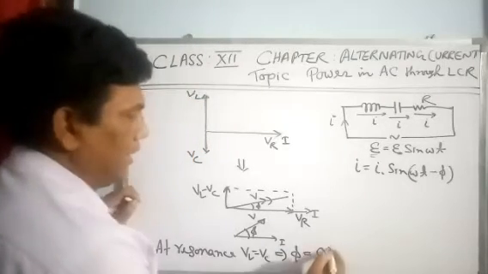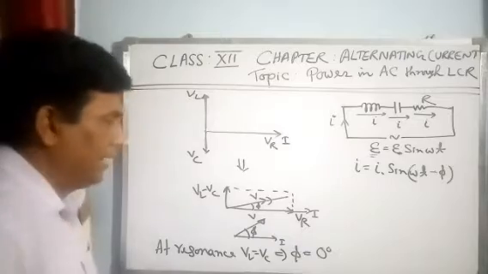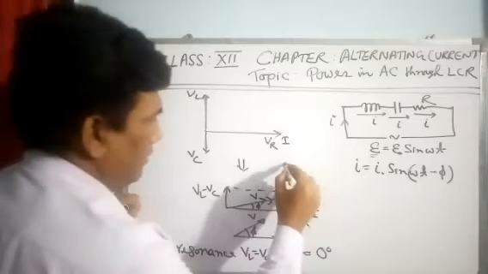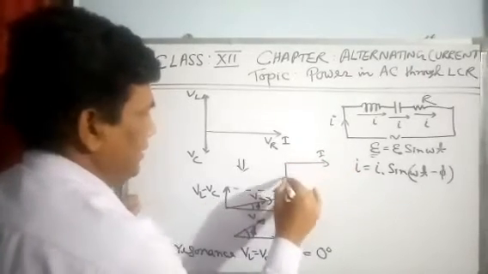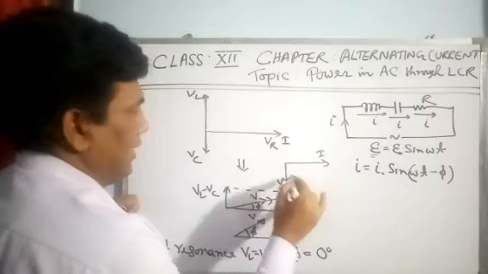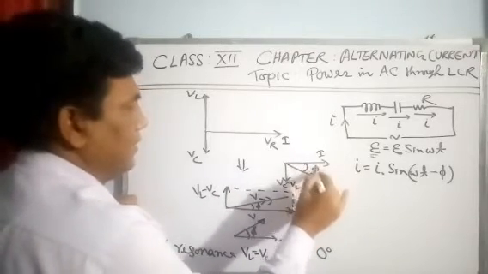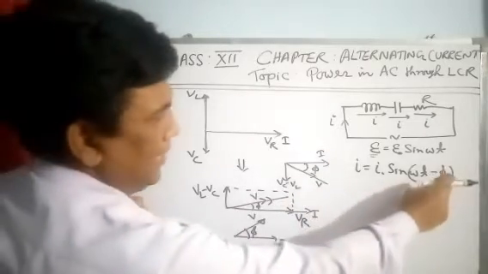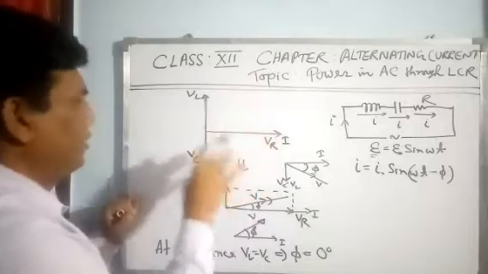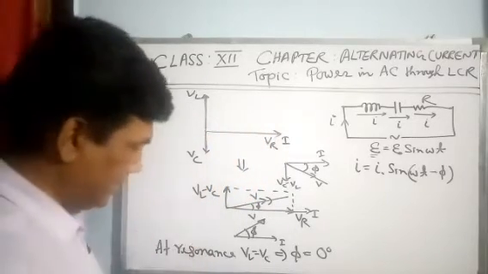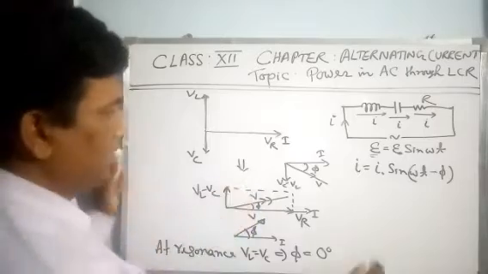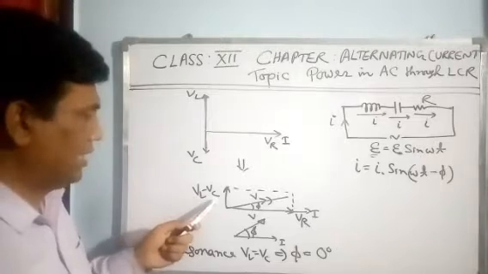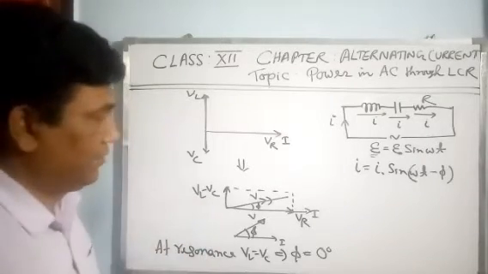Now if VC is greater than VL, this figure can be of this type. I have discussed this thing. It should be VC minus VL, and that will be the resultant V, and that will be the phi. In that case, voltage will be lagging the current by phi. But I have taken here the current is lagging. I am just going through the previous figure, whatever was discussed in the last class. So this figure is of no use now. I am assuming that the voltage across the inductor is a little greater than the voltage across the capacitor. So this is the figure.